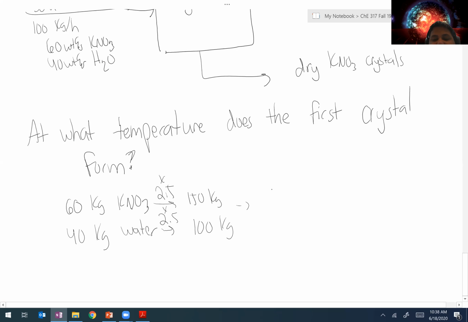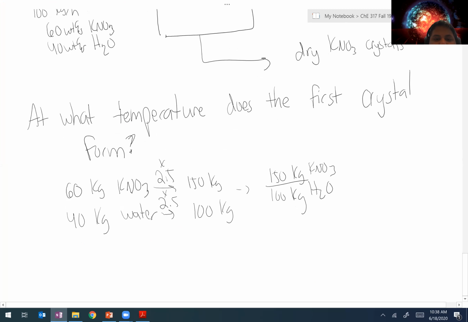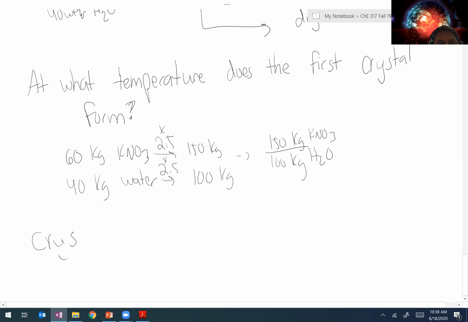Meaning this concentration is 150 kilograms per 100 kilograms water. So if I jump back to my chart, that 150 kilograms per 100 kilograms is right here. So the first crystal should start to form at this intersection point here, which, looking at it, is about 75 degrees C. So based on the graph, crystals start to form